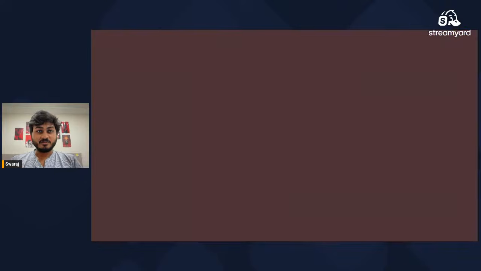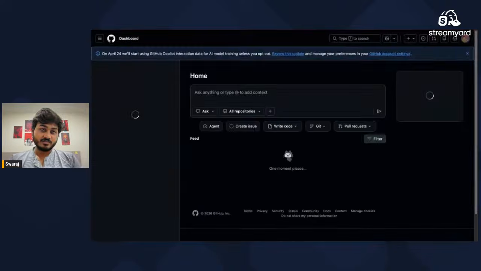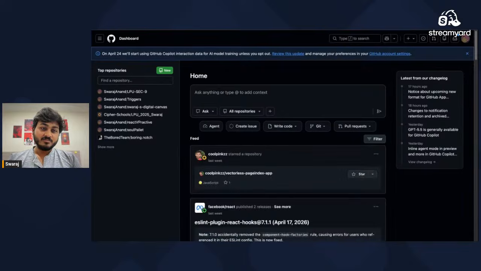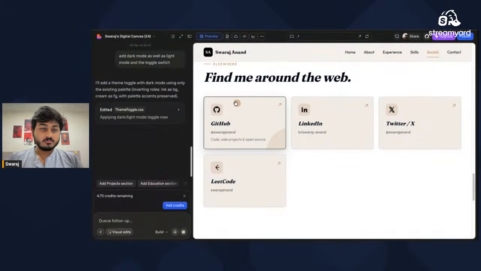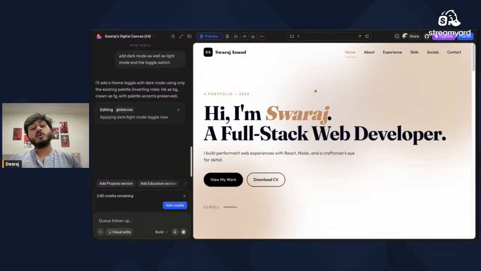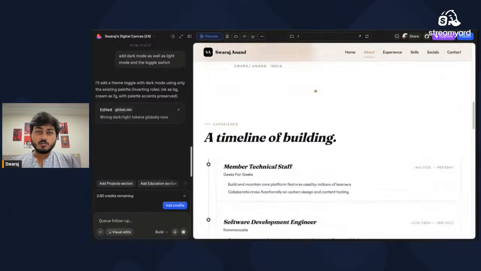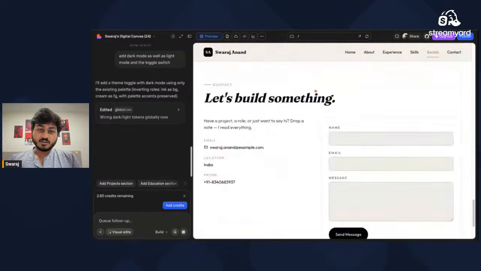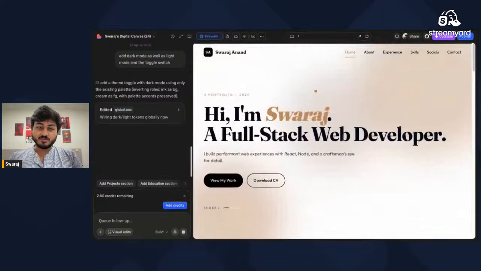So I guess these are my socials. Is it working? Okay, it is working. Cool. Okay, again, it is working on the dark mode. So it will take, I mean, a few more minutes to add the toggle switch for light mode and dark mode. Just wait a few more minutes. 2-3 मिनट और रुक जाते हैं, फिर अपन देखते हैं क्या बना है इसने डार्क मोड साइट पे.